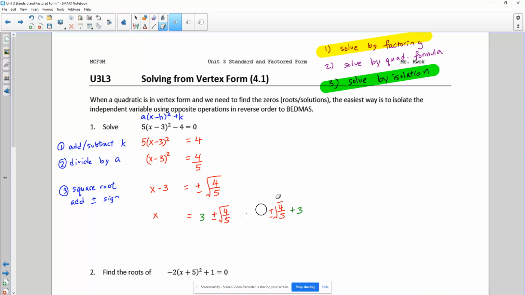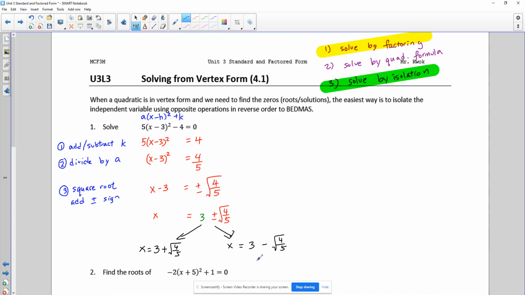Now, a lot of students will think, so sir, there's only one answer. What do you mean by 2 answers? Well, this thing over here really represents 3 plus square root of 4 over 5. And this thing over here also represents x equals 3 minus square root of 4 over 5. So you have 2 answers. Now, obviously, we desire to have a decimal answer, so you would punch it on the calculator: 3 plus square root, bracket, 4 over 5. And you should get